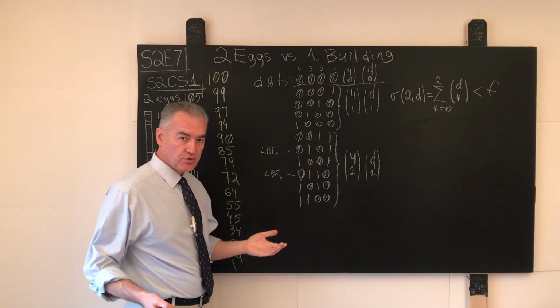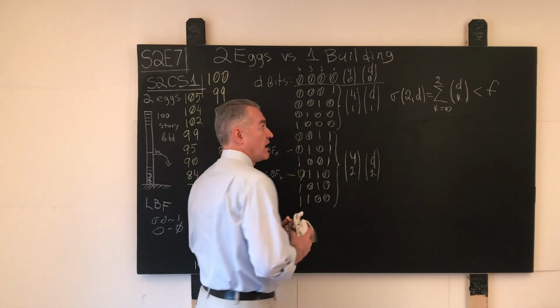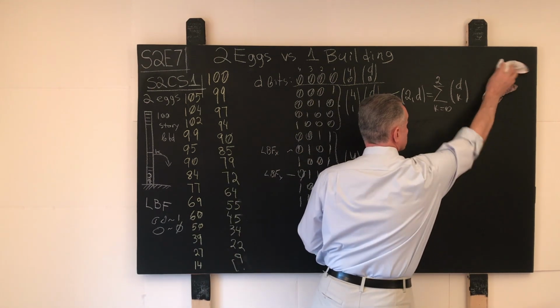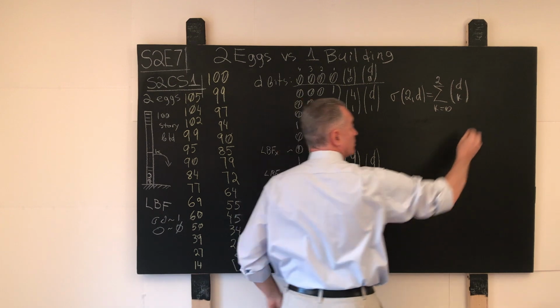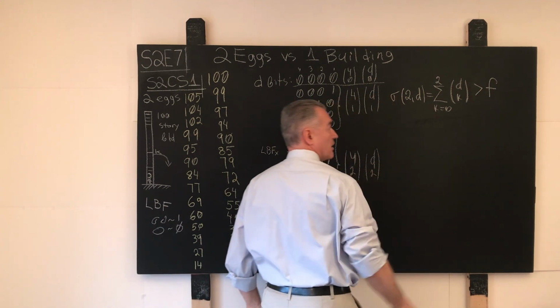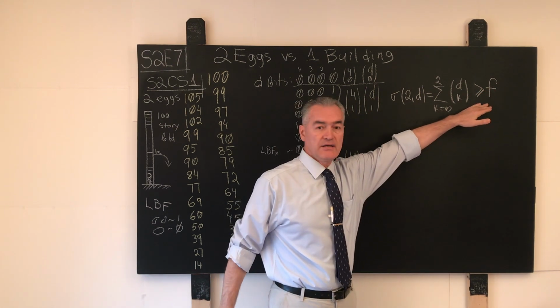But that is absurd. That can never happen. Consequently, our assumption must be changed to the logical opposite, so that the sum must be greater than or equal to the height of the building